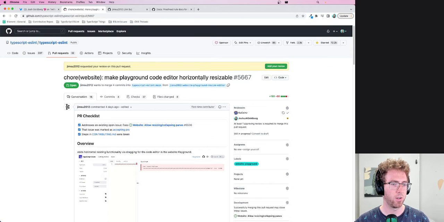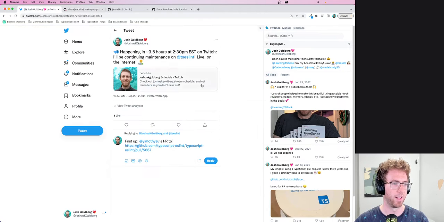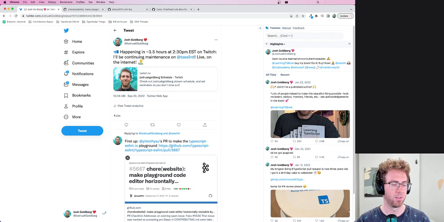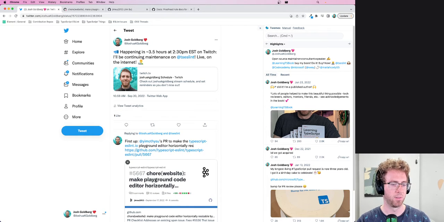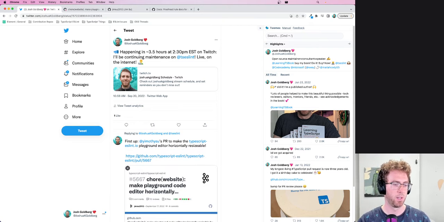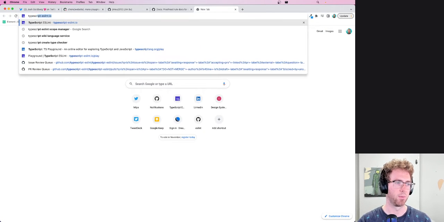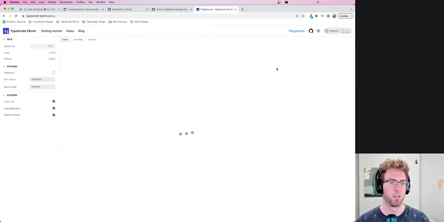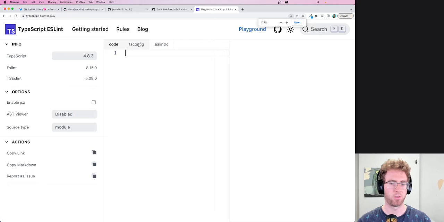That makes the playground code editor horizontally resizable. Oh, that's actually really good. Playground editor horizontally resizable. This is great because I've been wanting this for a little while and finally got around to filing an issue. If you are super zoomed in, like I am on the stream right now,